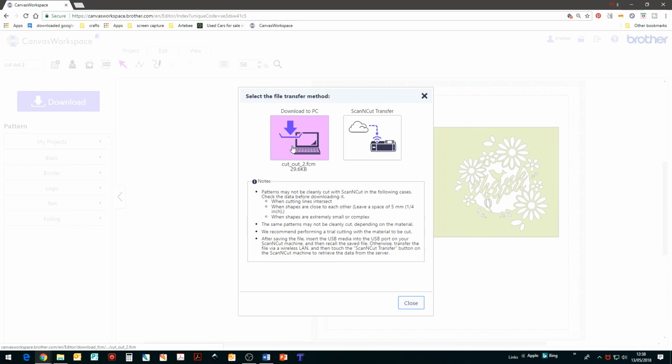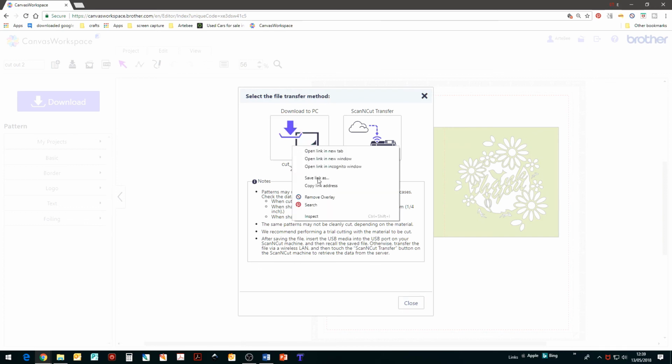But basically, if you download to PC directly, that should save it to your downloads folder, or you can right click on your mouse and save the link as, and then you can save it to either your USB or a specific file. Luckily for me, I do have a